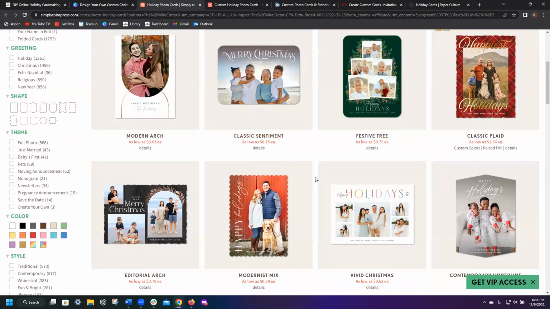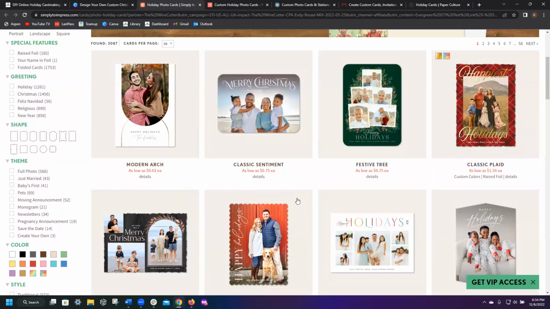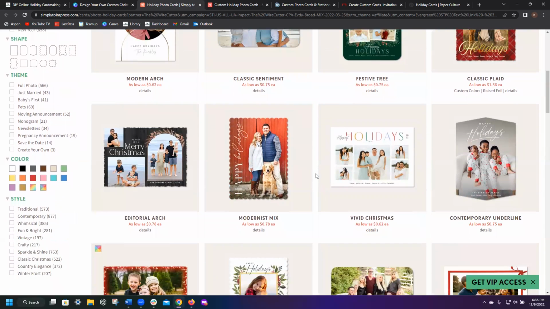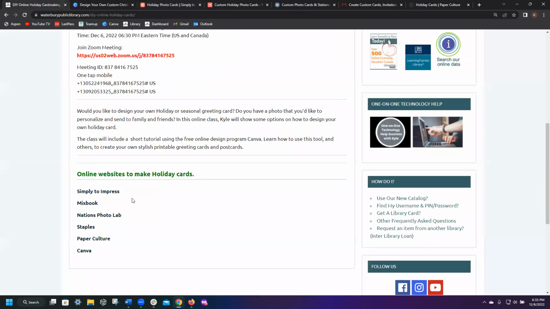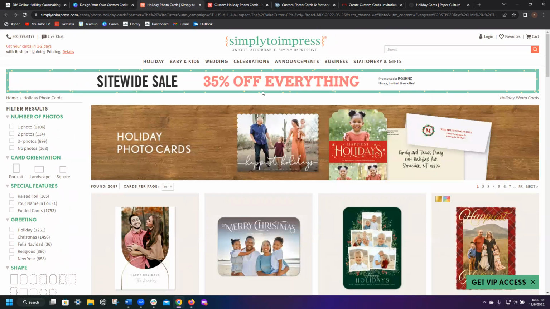They'll have sales at different times. So for example, these are looking like most of these are the less expensive ones. You could make some, and then based on how many cards you get, they can be as low as 75 cents for each card, $1 a card, different things like that. That's if you go through the whole process and then have them print them and send them to you. So this one is the first link down here called Simply to Impress. It gets pretty good ratings with users in terms of ease of use and everything,